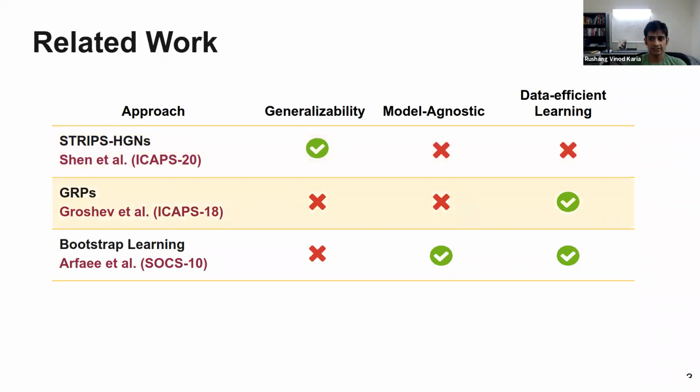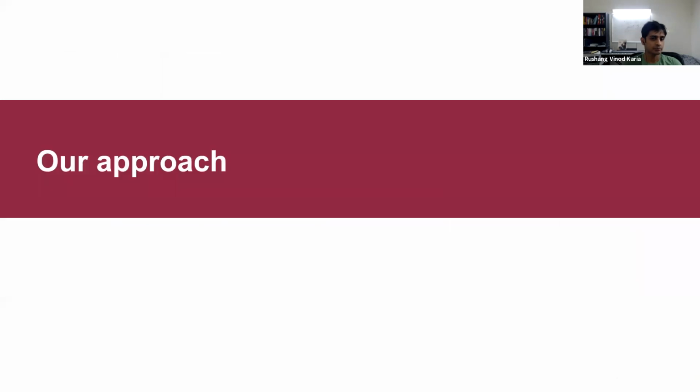Generalized reactive policies can learn heuristics independent of training data with just a problem generator. However, they need domain experts for custom provided input representations. Meanwhile, bootstrap learning also can learn heuristics in the absence of training data and for any representation. However, the heuristics learned cannot transfer to any other problems.